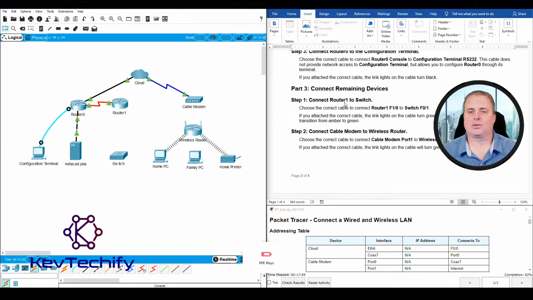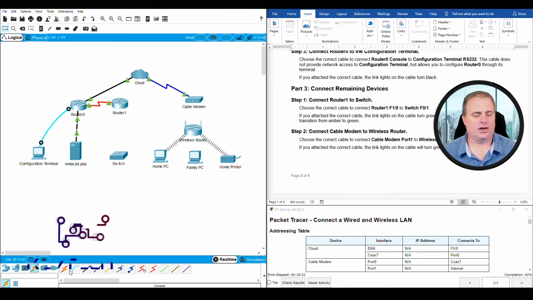Connect R1, router 1, to the switch. Over here, we're sort of in the middle of our work area. Router 1's here, to the switch. Choose the correct cable to connect router 1 F1/0 to switch F0/1. Well, last time we had an F terminal, we used the straight through. So I'm going to go down here to our sub menu, pick a copper straight through, click on that,